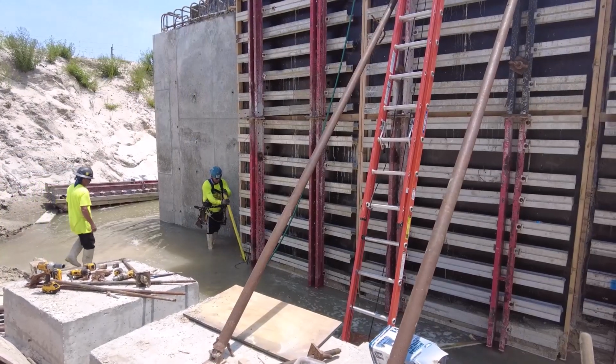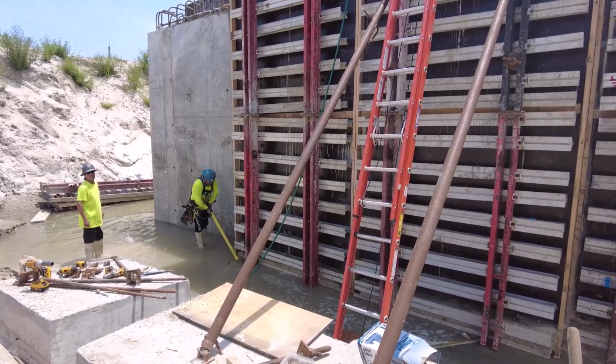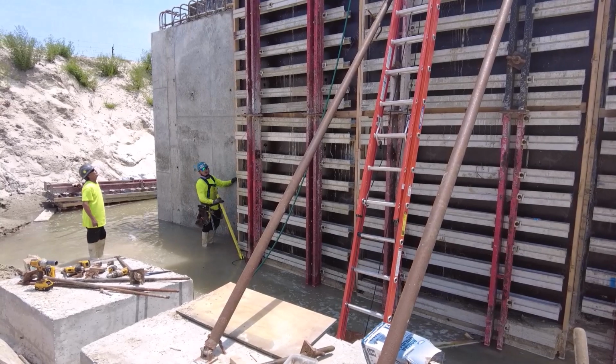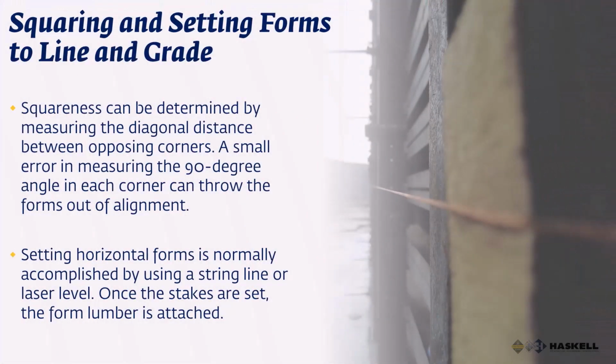Alignment of concrete surfaces is dependent upon all forms being properly aligned and square. Vertical wall forms should be checked to make sure they are level and plumb. Squareness can be determined by measuring the diagonal distance between opposing corners. If those measurements are not the same, then the forms need to be adjusted until they are equal, proving the form is square. Setting horizontal forms to proper line and grade is normally accomplished by using a string line or